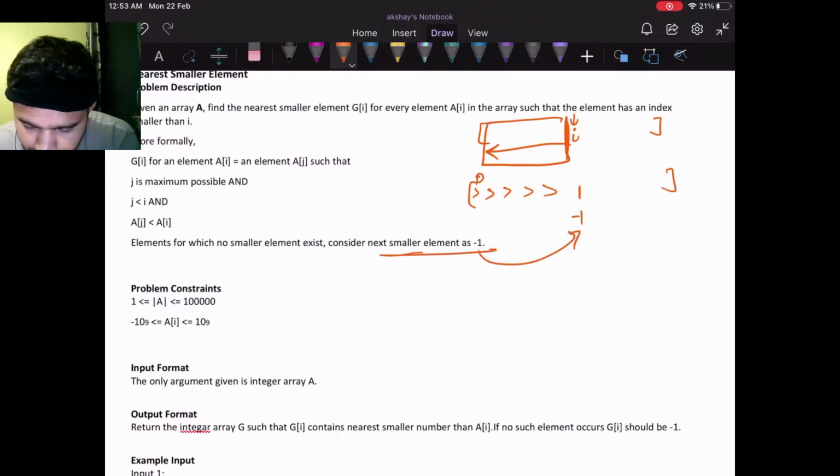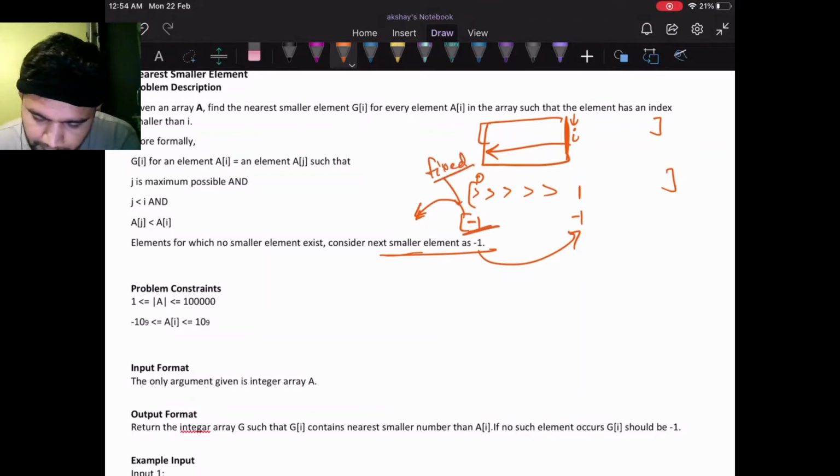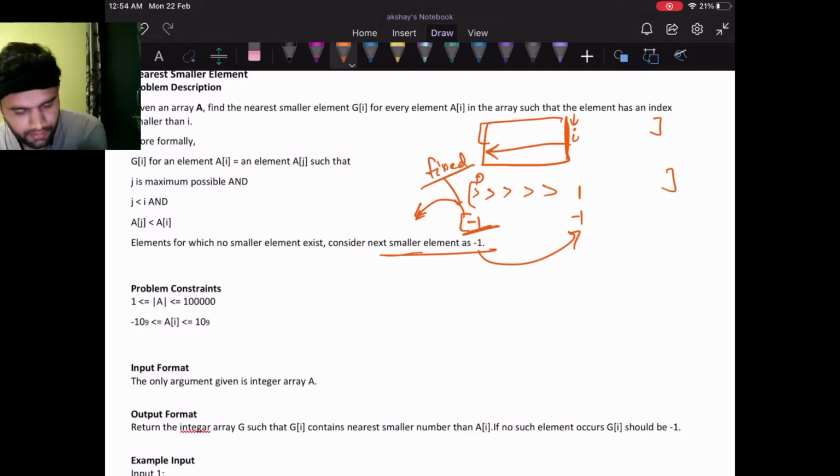For the 0th index I can consider -1 because there is no index beyond this. So this will always be -1. This is fixed. Okay, so this is clear.